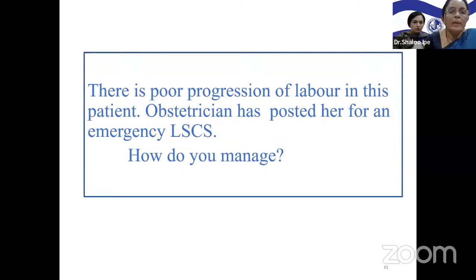So I think we can manage, because it takes at least 10 minutes for the patient to be ready for cesarean. At least that much time the obstetrician will take to get ready for putting the incision, draping and all that. So topping up the epidural is a possibility even in fetal distress, because general anesthesia is thought to be more detrimental to the baby.